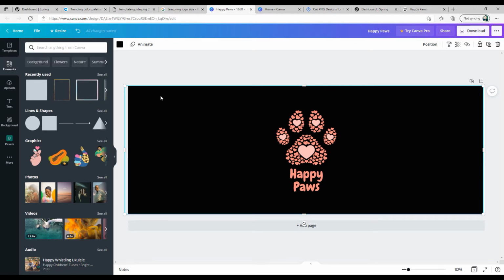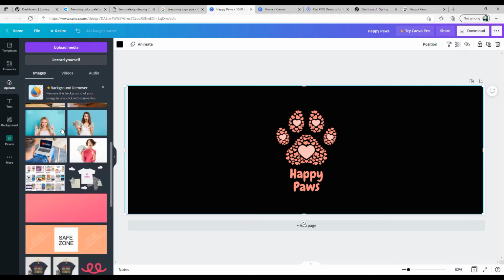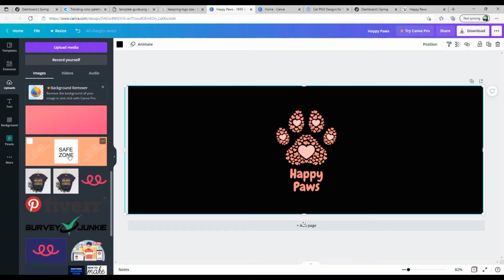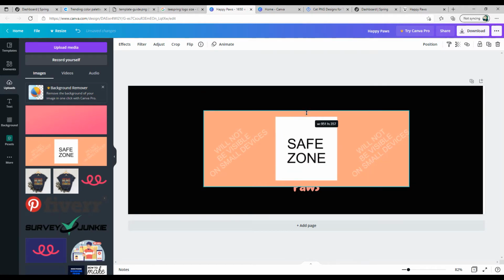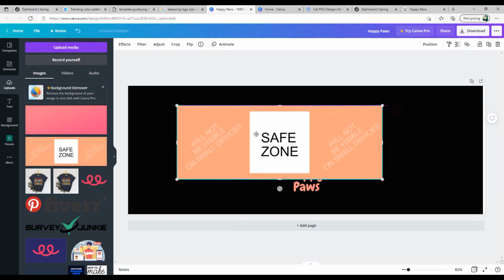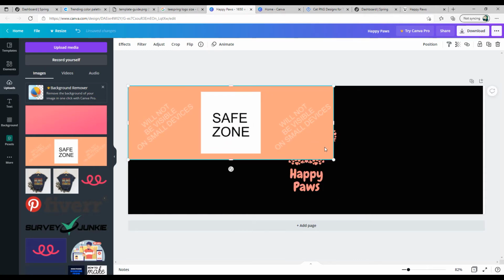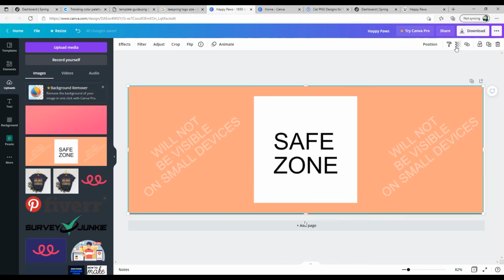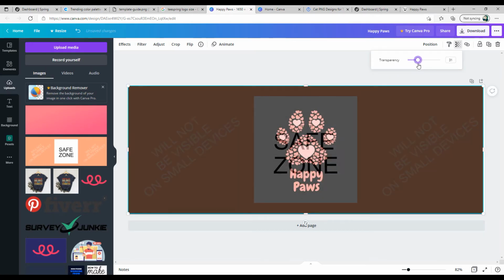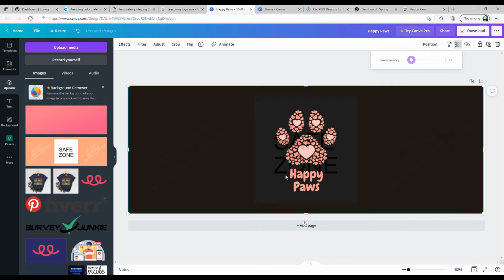So after you have picked up the color, then again go to the upload section and go ahead and upload this particular template that we saw in the last few minutes. So this template you have to click, and it will come on this particular area. Now you go ahead and expand it. So let me Control Z, because we have to place it in the corner and drag this edge so it fits perfectly. After that you have to reduce the transparency to make sure your main design is available in the safe zone area.